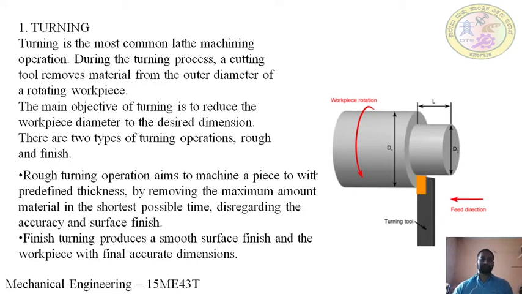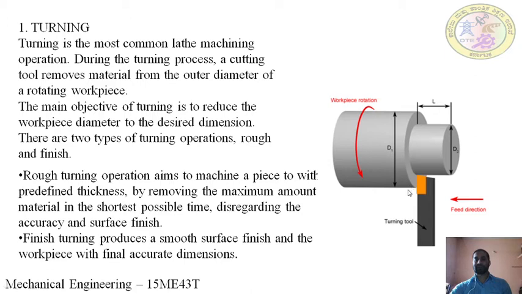In case of rough turning, the maximum material is removed in the shortest possible time, sacrificing accuracy and surface finish. So in rough turning, accuracy and surface finish are neglected, but we save time by giving a large depth of cut, removing a large thickness of material in the shortest time. So what is left is 1 mm. With a 2 mm depth of cut given two times, the 30 mm diameter will become 26 mm.